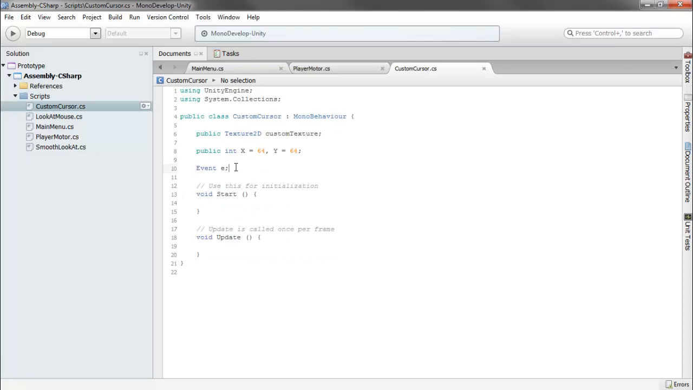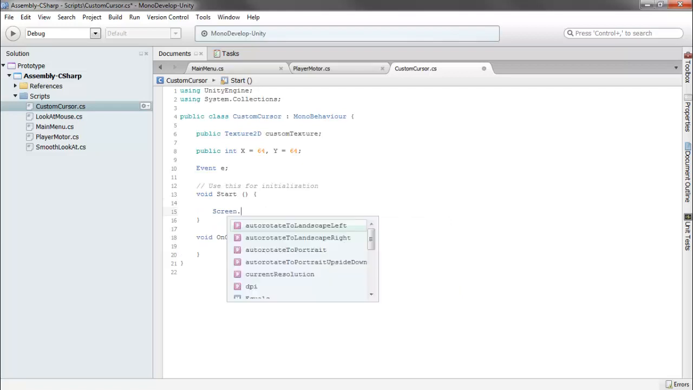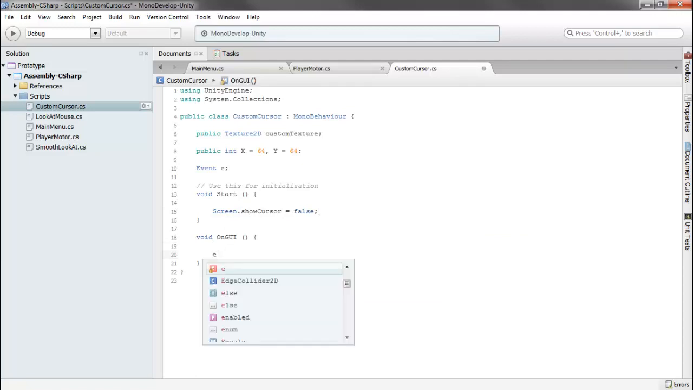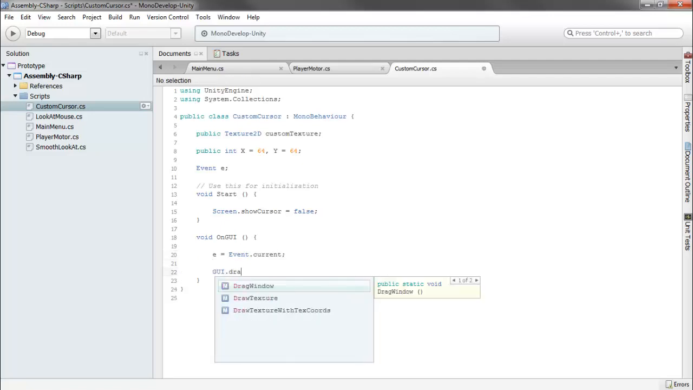And it's probably not the best name in the world, but you know, it's okay. It's a short script, so we know what it's doing. So we'll change this to OnGUI. I won't bother with the comment. I'll just get rid of it. And in our Start method, we actually want to set our Screen.showCursor equal to false. And in OnGUI, we'll say e is equal to Event.current. And we'll GUI.DrawTexture,